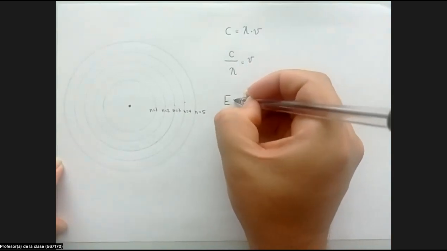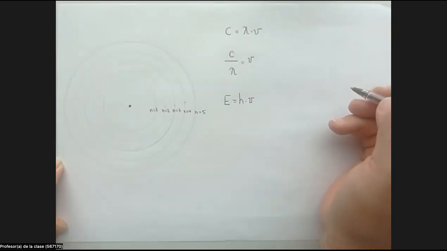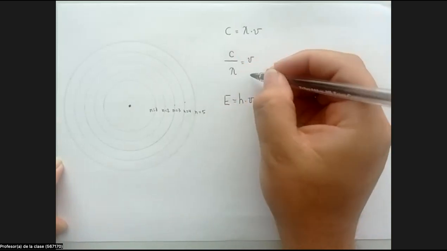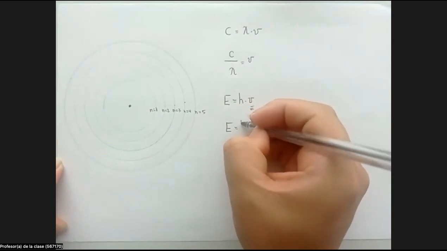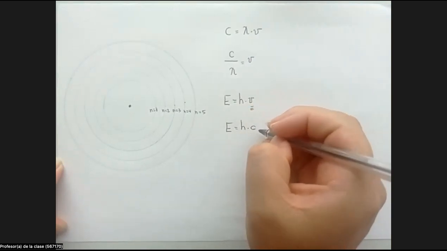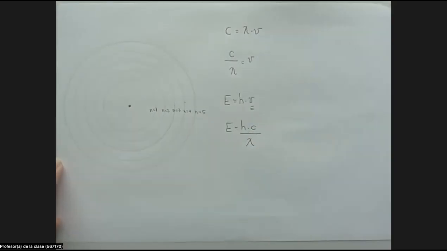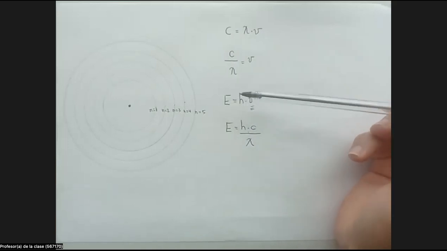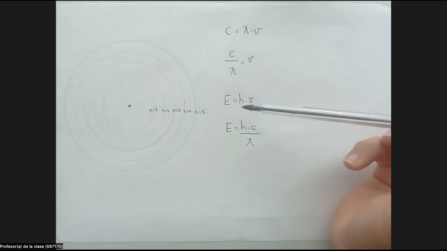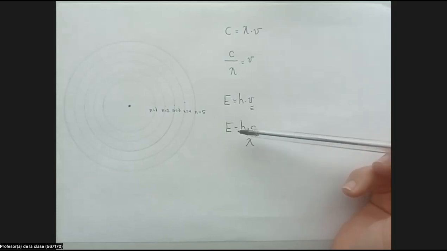Energy of a photon is going to be Planck's constant times the frequency. If I substitute the frequency formula here, the energy is going to be Planck's constant times the speed of light, divided by the wavelength. So this is the formula of the energy of a photon expressed on its frequency, and this formula is the energy expressed on the wavelength